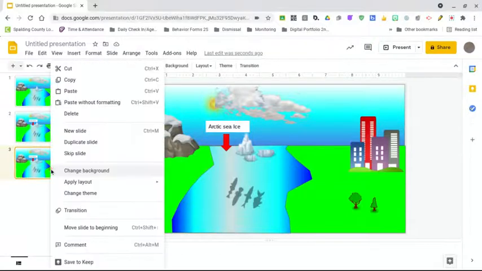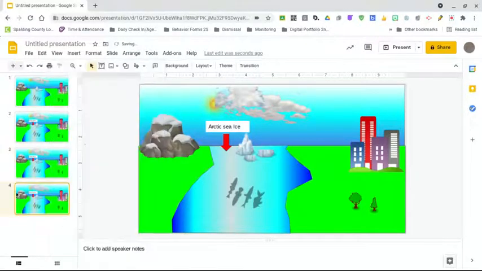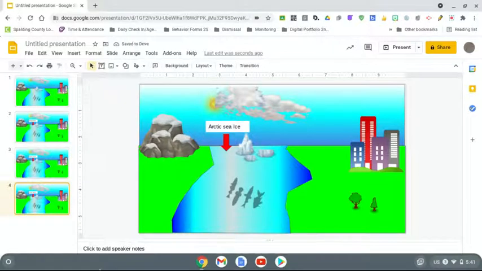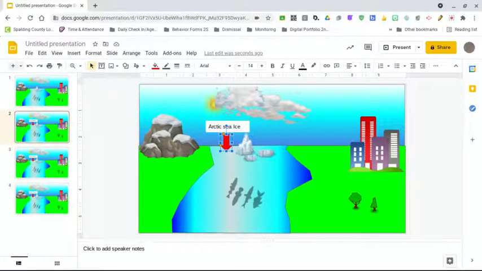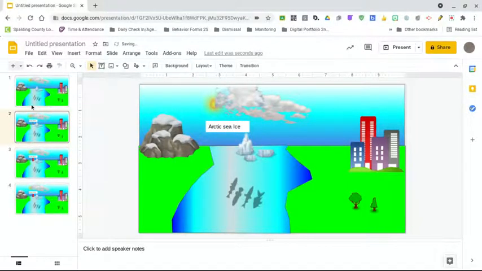So I'm actually going to duplicate this slide 2 times. And we're now on slide 4, simply to give a person enough time to read this. Because if we were to click back on 1, this is how it would appear. And because of that, I'm actually going to go back to slide 2. And I'm going to delete this first arrow. So 1, 2, 3, and 4. And so we're going to add our second